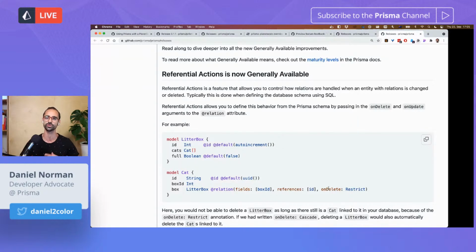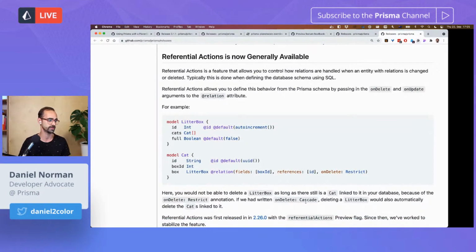And essentially what you do is you pass in the action that you want to do. So in this case, we have restrict. What restrict means is that if we have a litter box that has cats associated with it, and you try to delete the litter box, but it still has related records, it will fail.